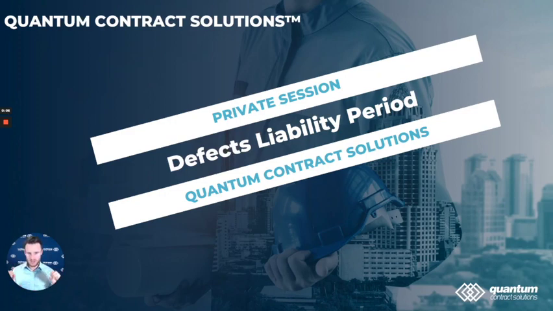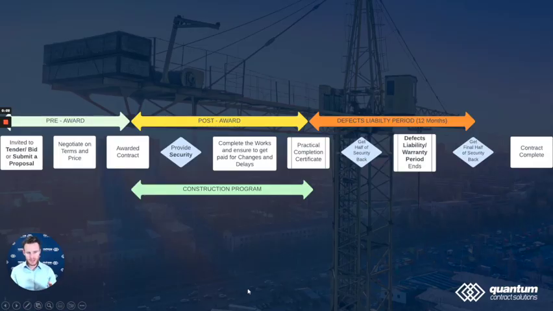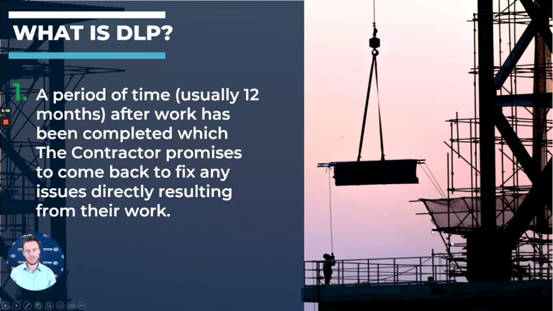Okay, last but not least, defects liability period. So we're almost there. Stay focused. Let's keep going. Okay, so defects liability period is this final 12 months here. We have finished the work on site, which means we got our practical completion certificate signed. Now our 12 months defects liability period starts. We've gotten half of our security back. That's where we are. We're in this section here. We've got to wait 12 months, and then if we get our 12 months, we get the other half of our security back and the contract will be complete.